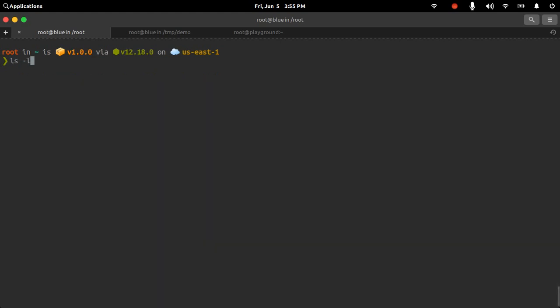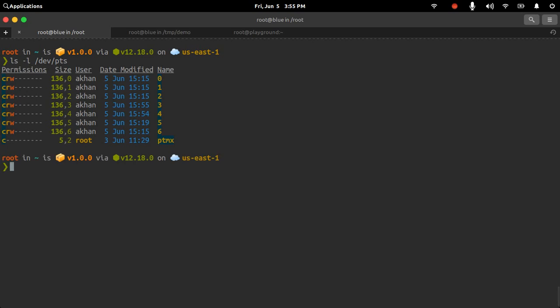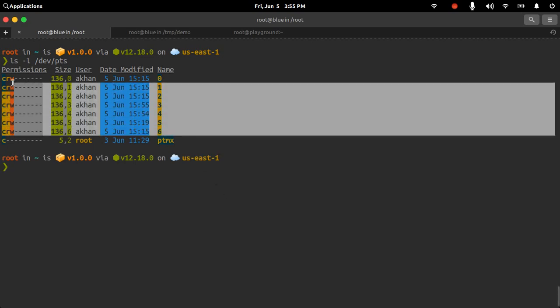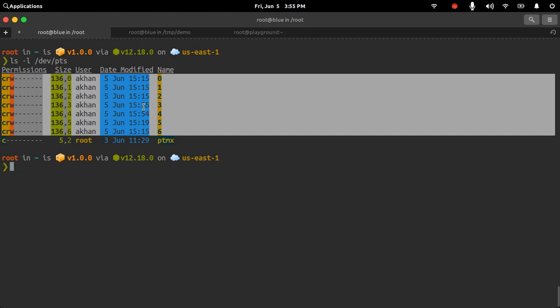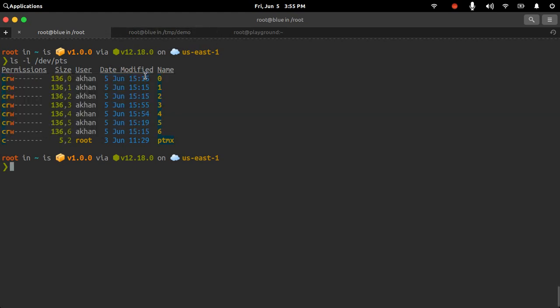So if I want to check what are the active terminal sessions available, you would see I have opened 6 terminal sessions. So 3 terminal sessions are available here in this workspace, and then in my another workspace I have 3 terminal sessions open. So this is also one way of identifying which user is logged in and how many terminal sessions he has opened in a Linux system.